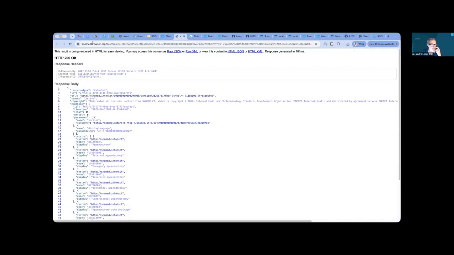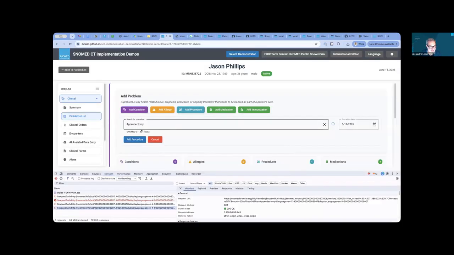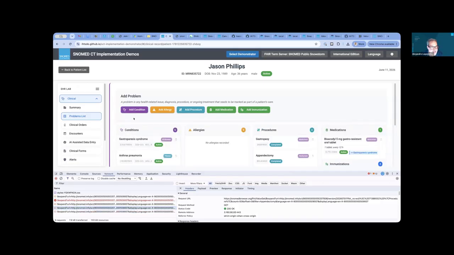This is using the SNOMED browser, the public one, and it's an operation that is looking for, inside the procedure hierarchy, something that starts with append. And you can see all the options. So everything that you do in this screen is being performed to a terminology server. This is just an interface that you have in your computer that is in the background connecting to a terminology server and performing all these operations for problems, for mapping, for clinical orders.